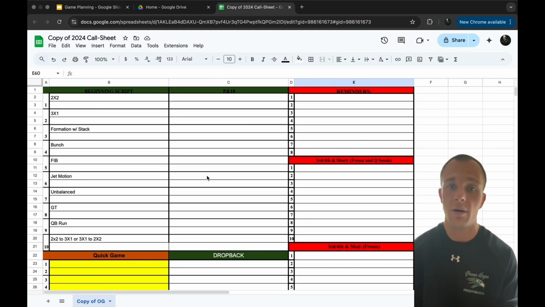Even this past year, we scored on most of our first drives, and then we just struggled when it came to making the adjustments and all that stuff. So been very successful. Like the year before at Northwood, we scored on every one of our opening drives, and had 1 or 2 big plays, because I feel like we're putting all that work in to be able to have success, and the kids know what to expect.